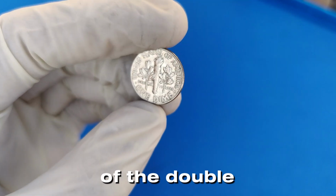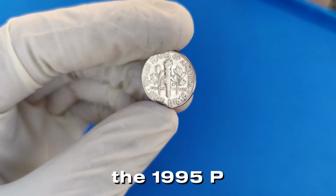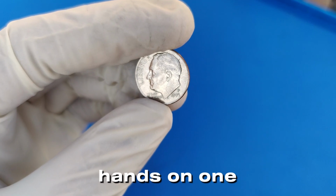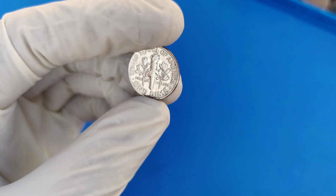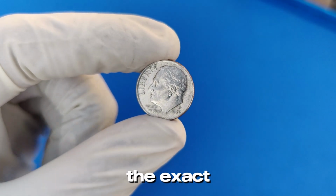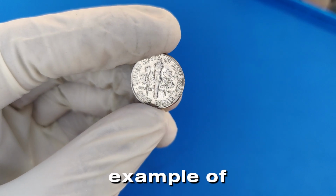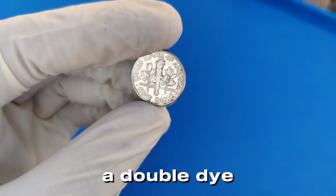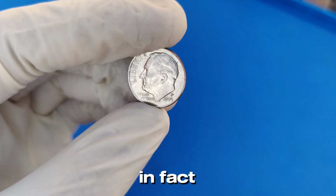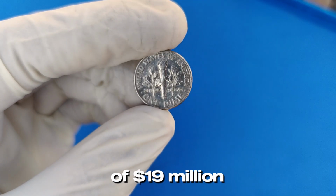Well, it's the rarity of the double die error that makes this coin so valuable. The 1995 P dimes with this error are extremely rare, and the collectors who have managed to get their hands on one are willing to pay a premium for them. The value of these coins can fluctuate depending on factors like the condition of the coin, the exact error type, and the demand from collectors. A pristine example of a 1995 P dime with a double die error could be worth anywhere from several $100,000 to millions. In fact, as we've seen in the market, some high-grade examples have sold for upwards of $19 million